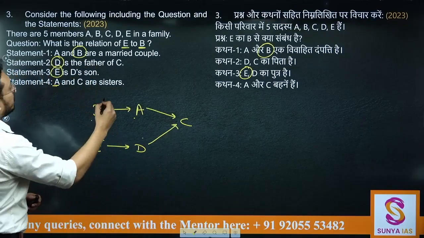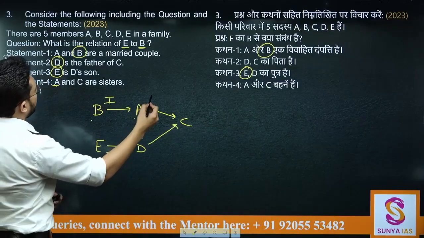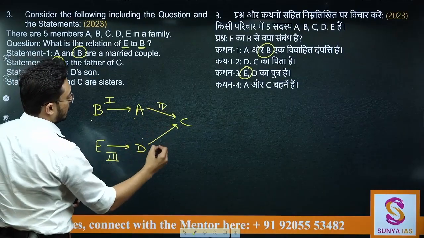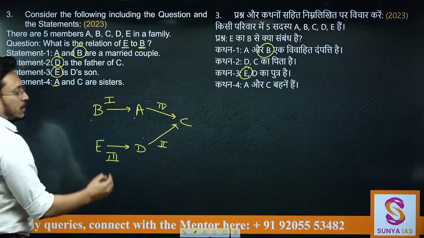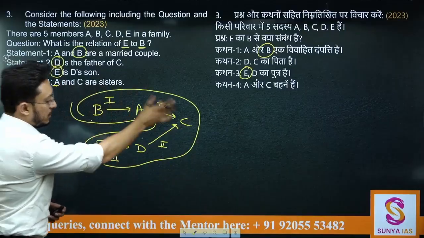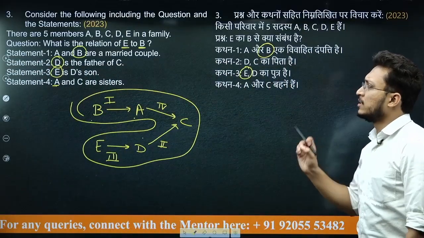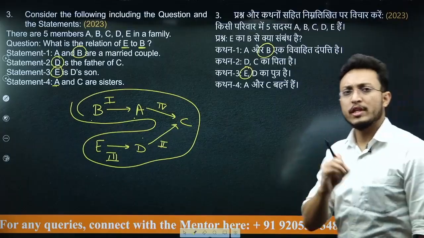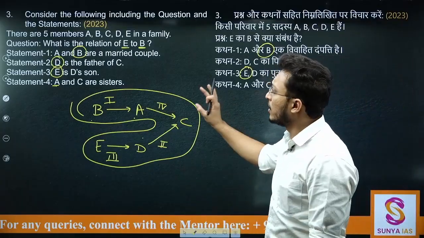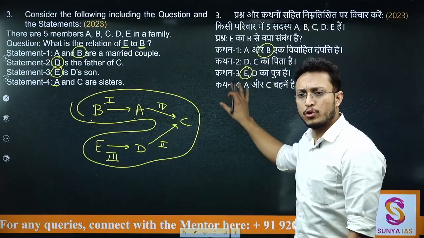तो ये था statement 1, ये था statement 3, ये था statement 4 और ये था statement 2. क्या मैं कह सकता हूँ कि जब ये चारों का इस्तेमाल करूंगा तब मुझे समझ में आएगा कि B से लेकर E तक का क्या संबंध है. मतलब पहला चीज आपको ये समझना होगा कि आपको कितने कथन का इस्तेमाल करना है. सेम सवाल को ये भी करके पूछा जा सकता है कि कितने कथनों का उपयोग करना पड़ेगा